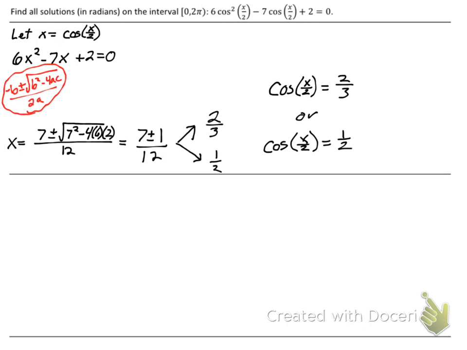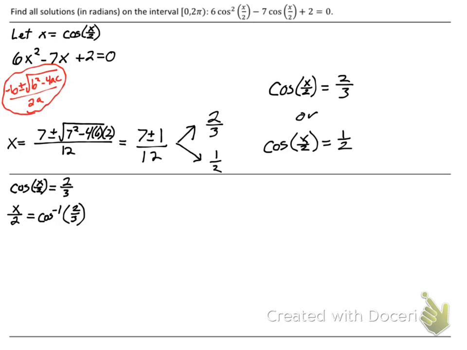So in this box, I'm going to do my cosine of x over 2 equals 2/3, which I'm going to rewrite so I know what to put on my calculator. It is x over 2 equals the cosine inverse of 2/3, because now I can plug it in my calculator. I can't plug in this whole thing. I didn't have x even anywhere near itself. I'm going to leave it as x over 2